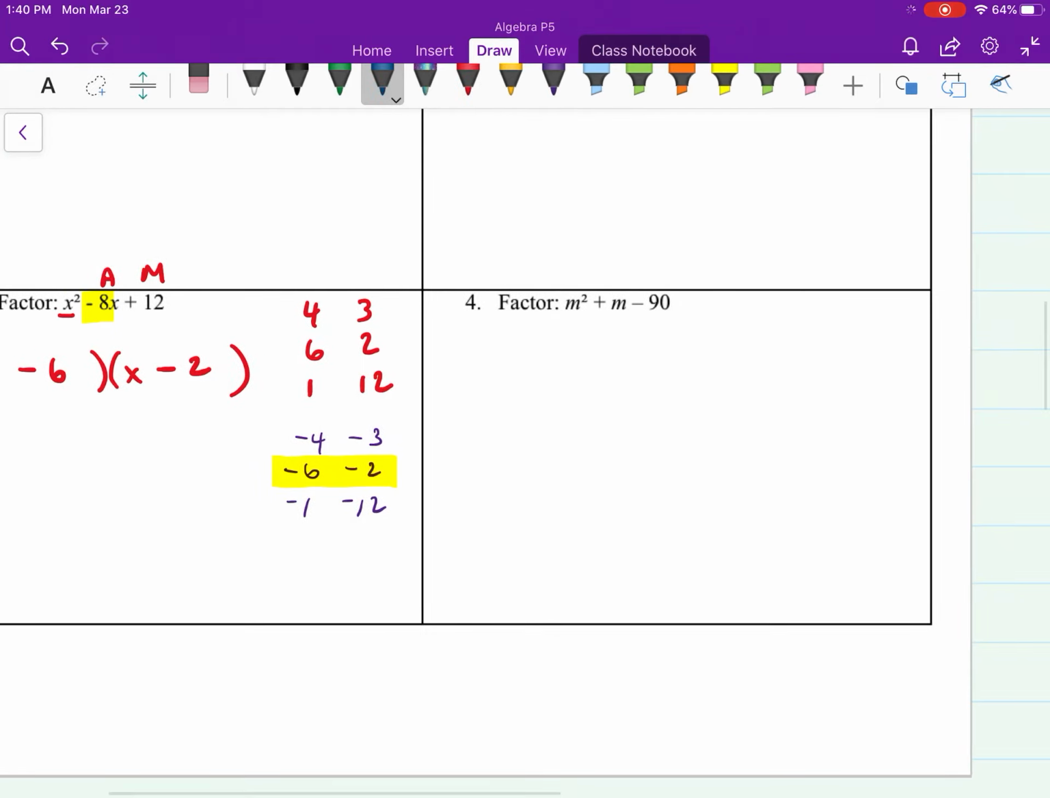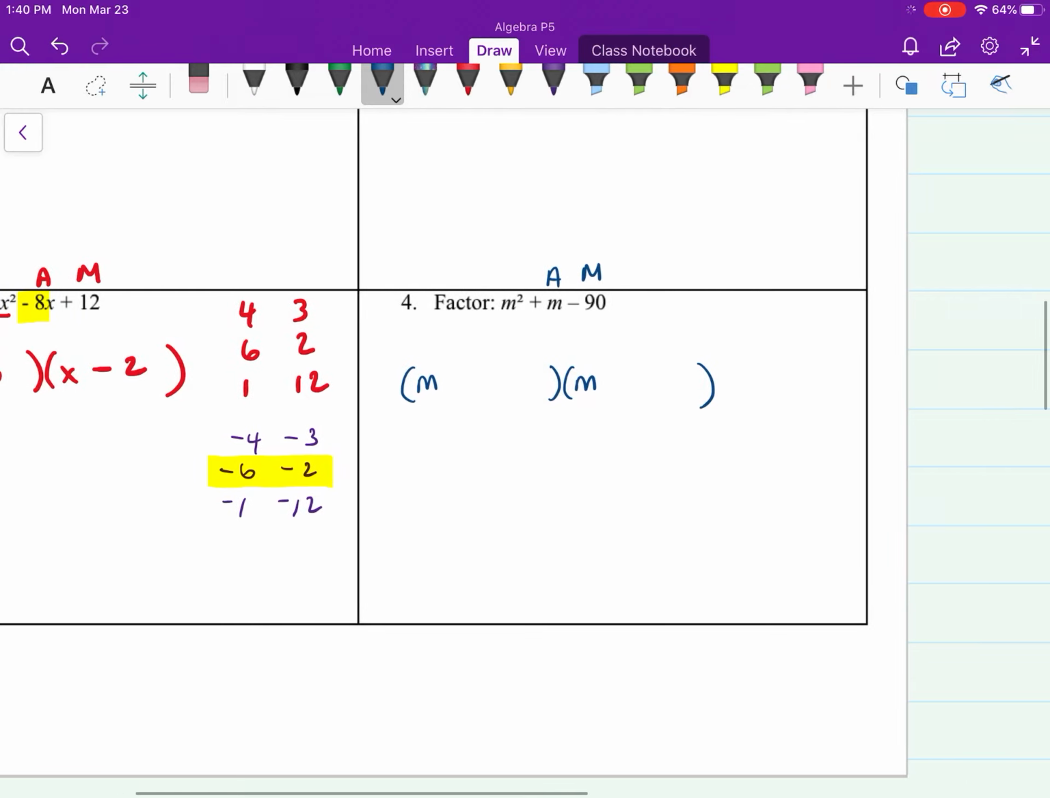Last one I'll do with you before I leave and let you guys work on this on your own. m squared, m times m. Here I want numbers to multiply to negative 90. So that's like 10 times negative 9. You can switch that and do negative 10 times positive 9. You can even think of that as 45 times negative 2, negative 45 times positive 2. There's a lot of ways to multiply to negative 90, but I want them to add up to,